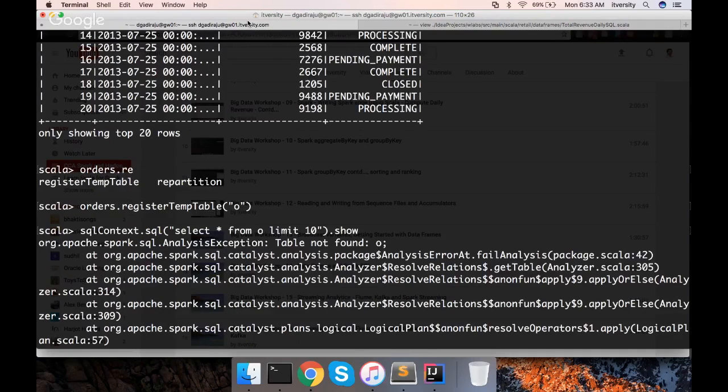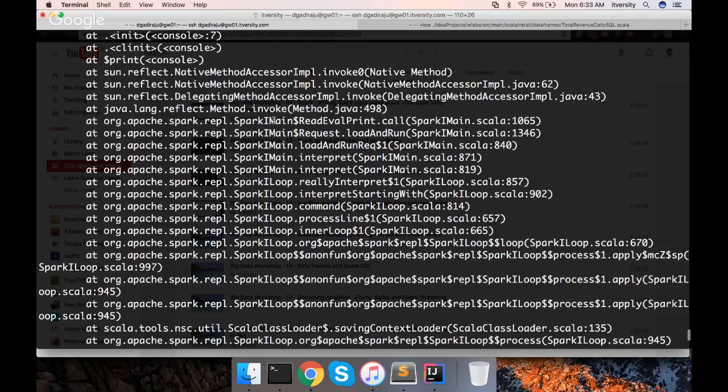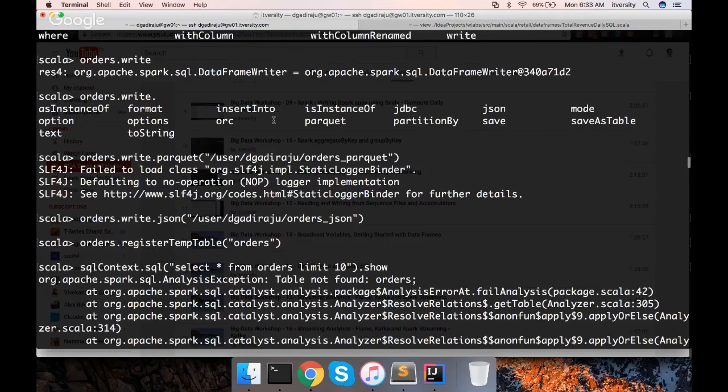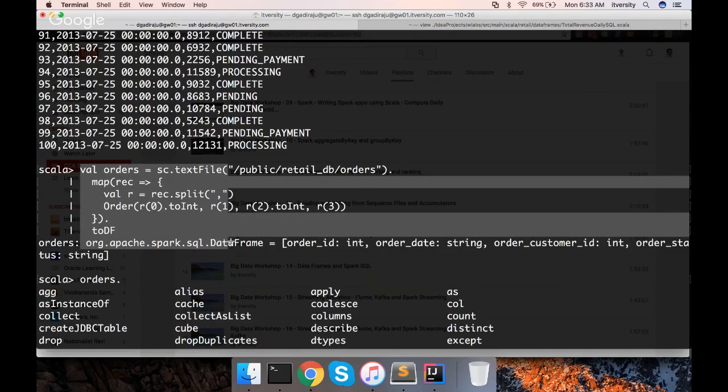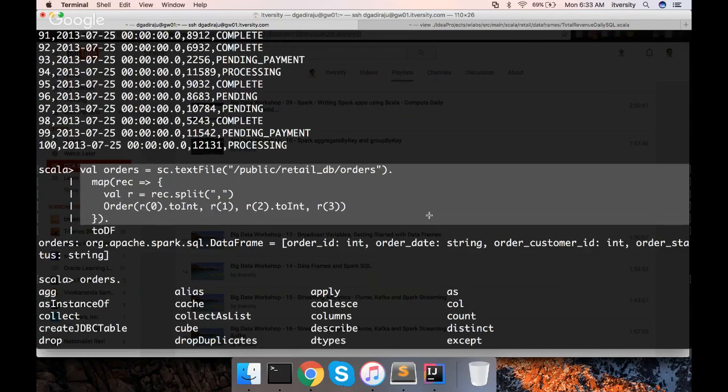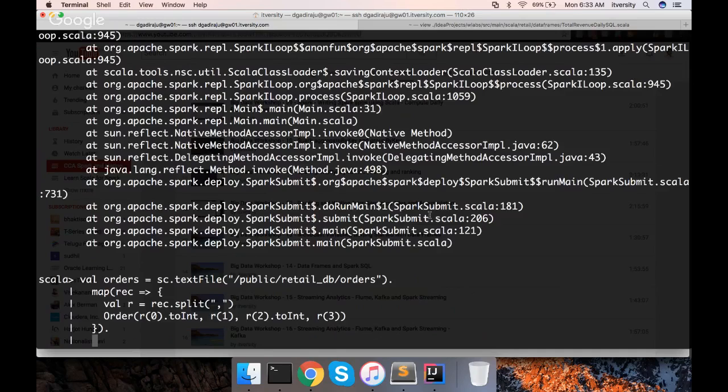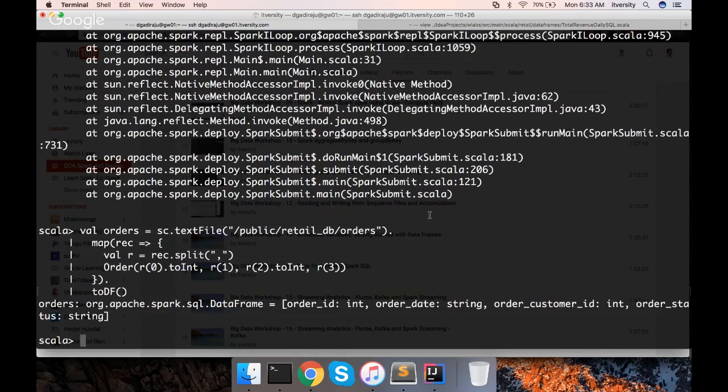I think when I created the data frame, I have to put the brackets at the end. I think that could be the issue. So I'm copy pasting this one to df. And now let me register it as a temp table.